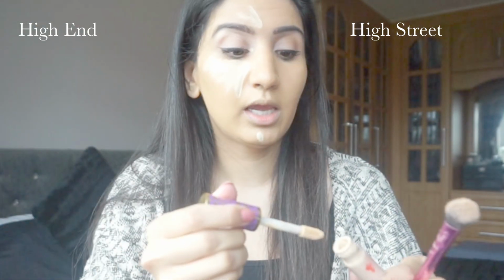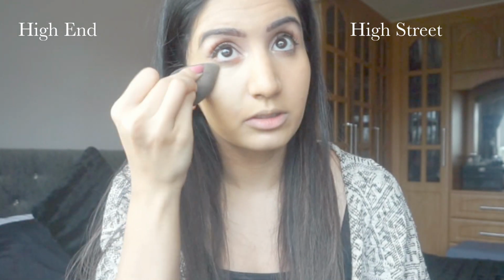So on this side I am just going to do a slight line here and some across here, and my nose I'll use the Makeup Revolution. Dabbing motions to make sure that the concealer pats in nicely and blends in with my foundation so it doesn't look patchy. And even though I'm using it to highlight, I do find that getting a concealer, most people say 2 shades lighter, I go extreme. I think I use like the lightest concealer, so I would probably recommend 3 shades lighter to brighten under your